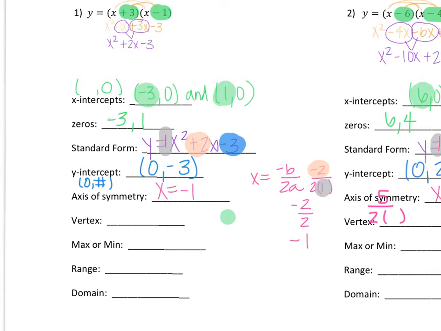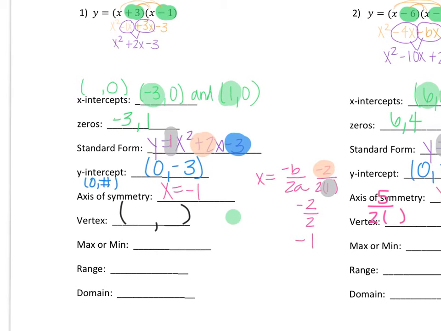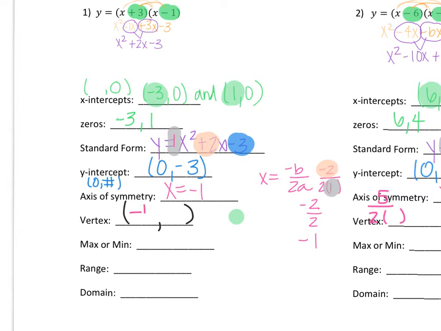So for problem 1, to find my vertex, well, I already know half of it, and that half that I do know currently is that x is going to be -1. So I really know half of my vertex. So to find the other half of my vertex, and we have done this before, I actually need to take my equation. And it doesn't matter which equation you take. If you take your